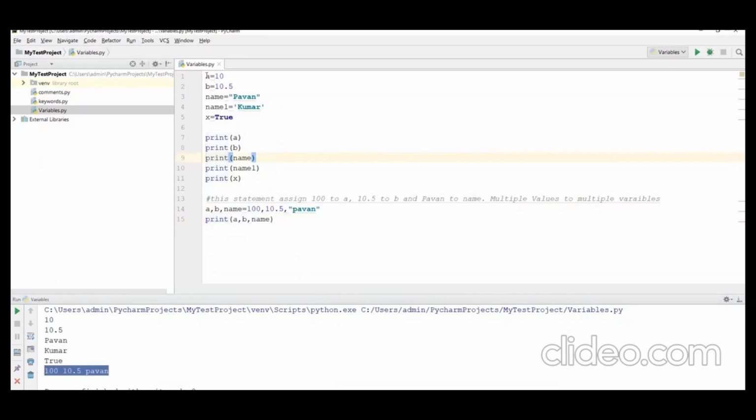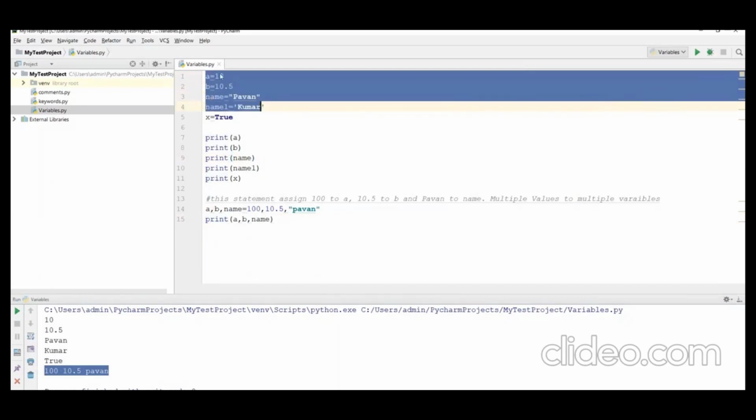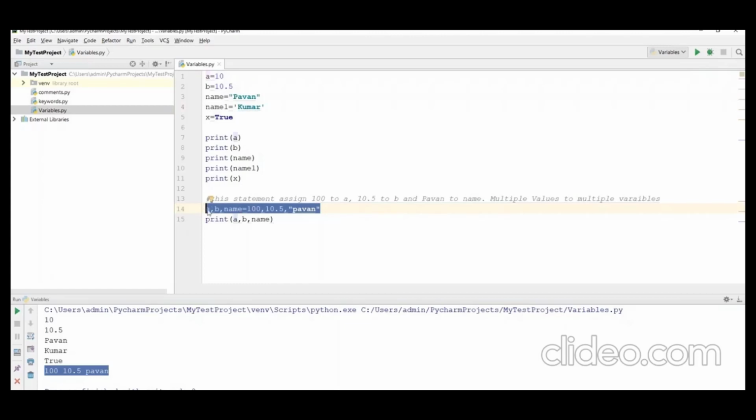Right. So instead of creating multiple variables, I can write all the variables, including the values, in a single line. Okay. For example, let us say I have the same value for all the variables. In that case, how can we do that?